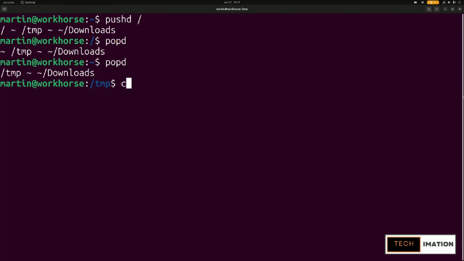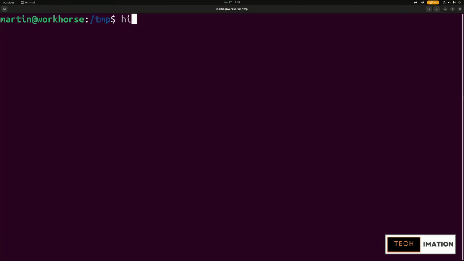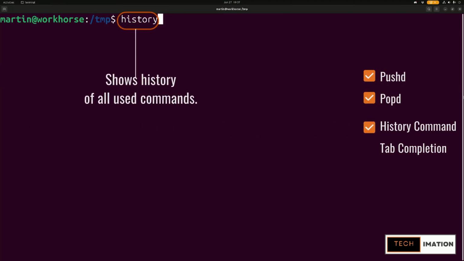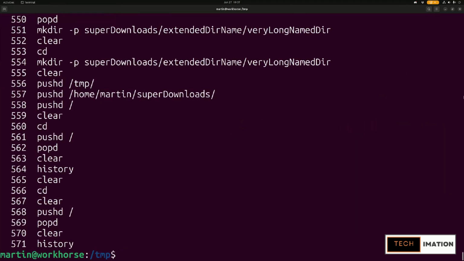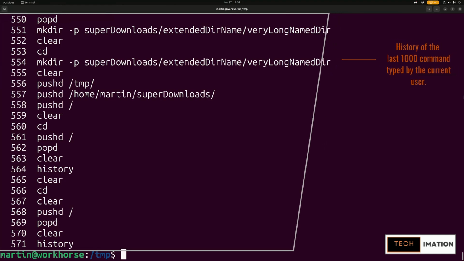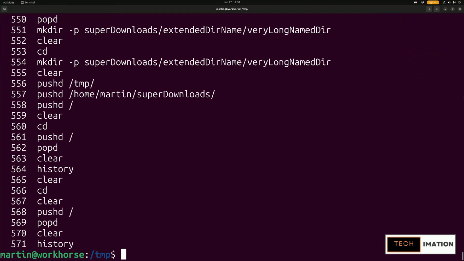Now, cd does not hold a monopoly on history commands. The history command itself shows you a history of all the commands you've typed as this user, going up to about 1000, as specified by your HISTSIZE variable. We'll look at the environmental variables later that determine how many can be stored, but the default on Ubuntu